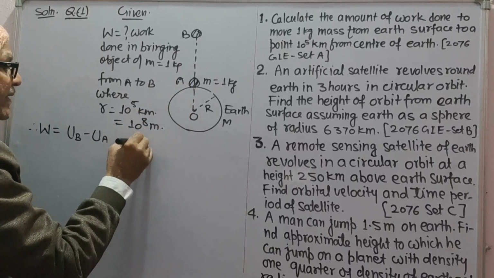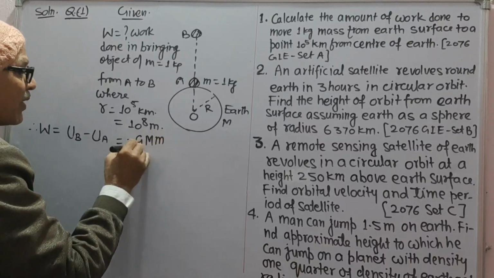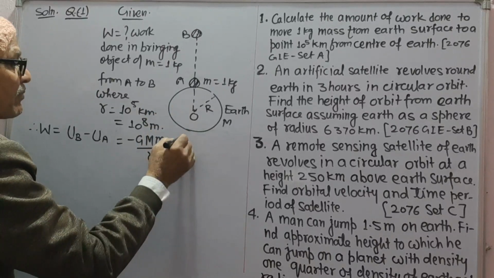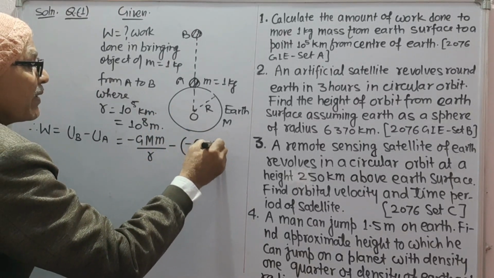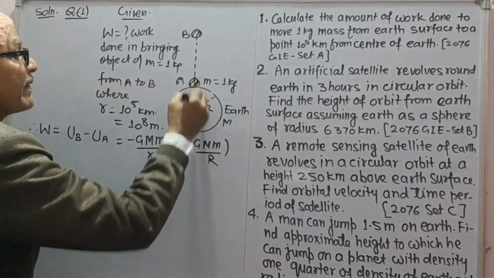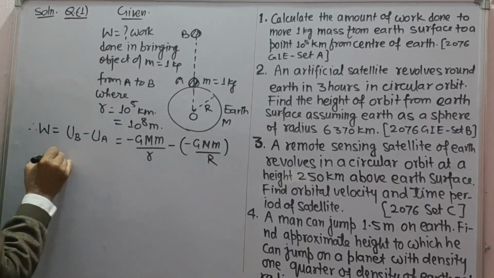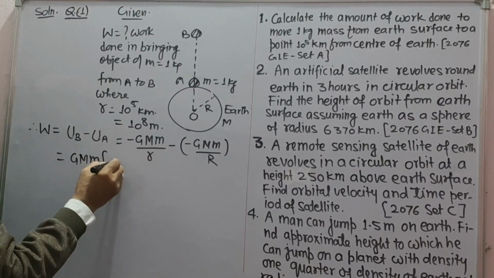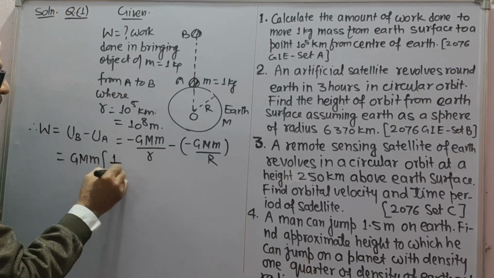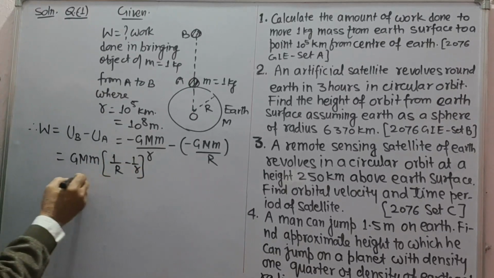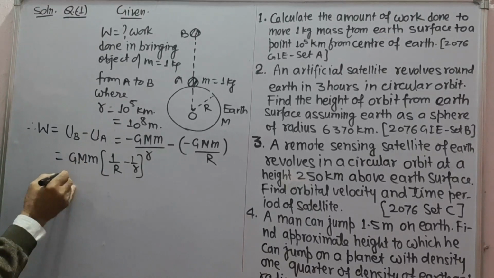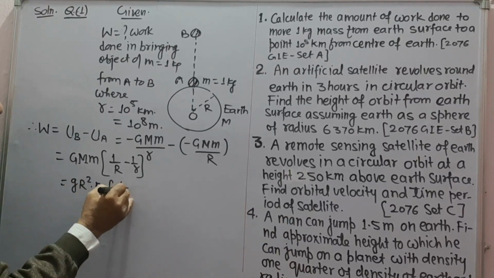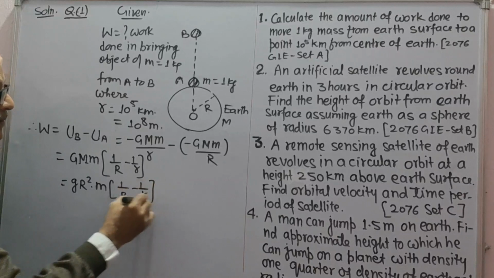So it is minus G M m upon small r minus, minus G M m upon capital R, this distance. So GM can be taken out. This is 1 upon R minus 1 upon small r. GM can be written as g R square into m into 1 upon R minus 1 upon small r